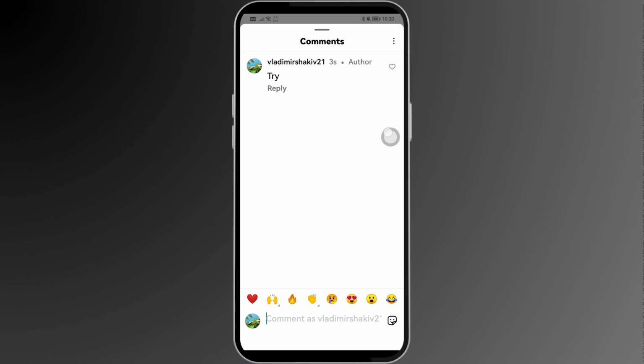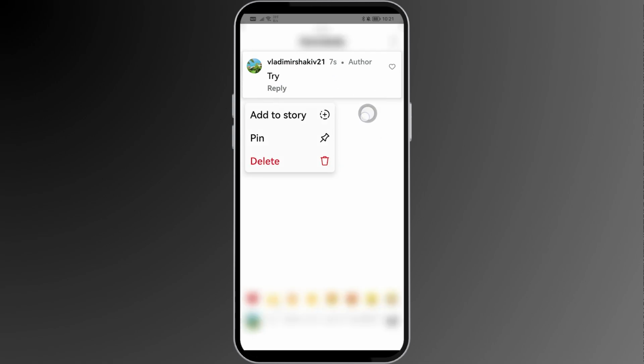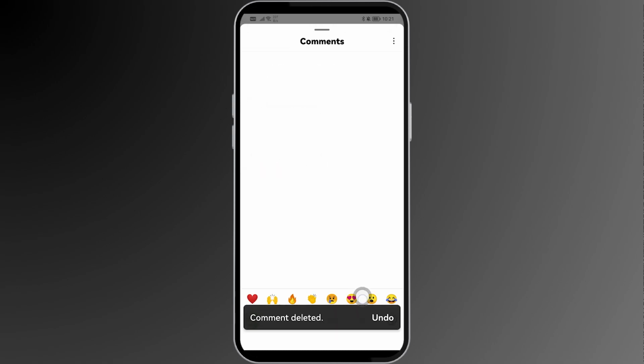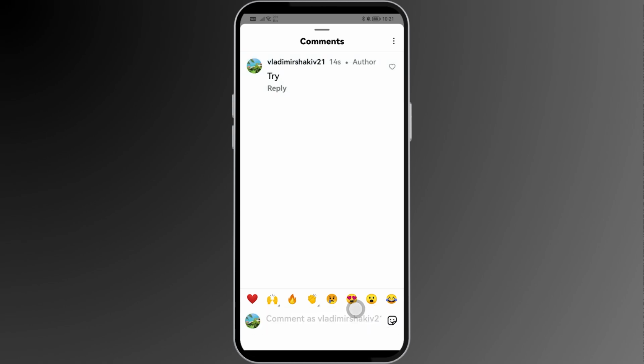So from here, you have the option to delete this one. I'm just going to long press on it, and then you have the delete option here. So go ahead and click that one, and then you have an option to undo it. If I click it, you can see that it automatically retrieves it,